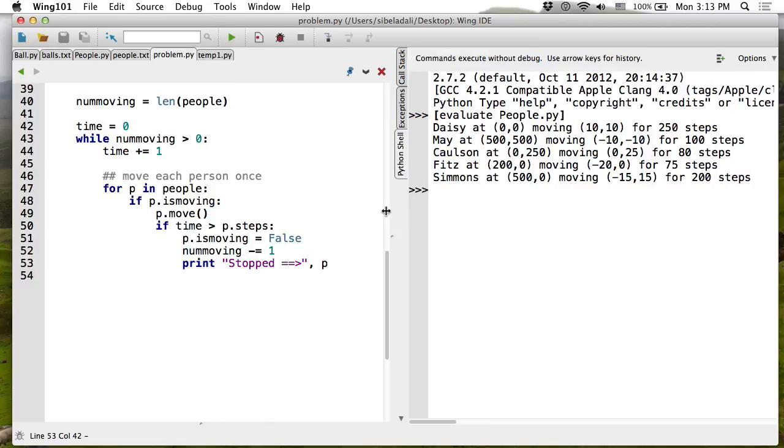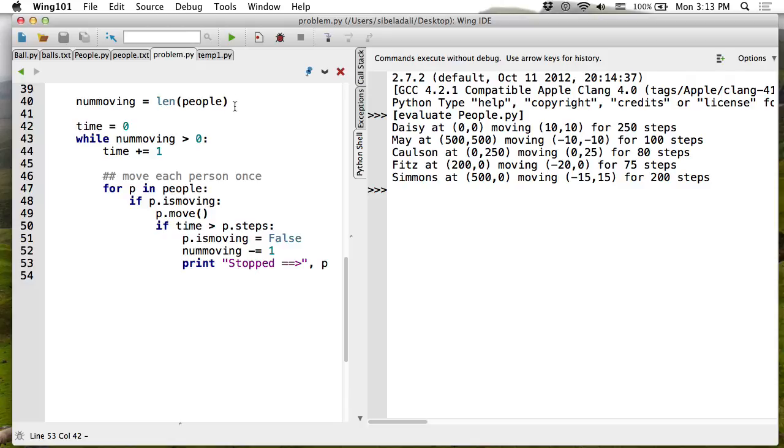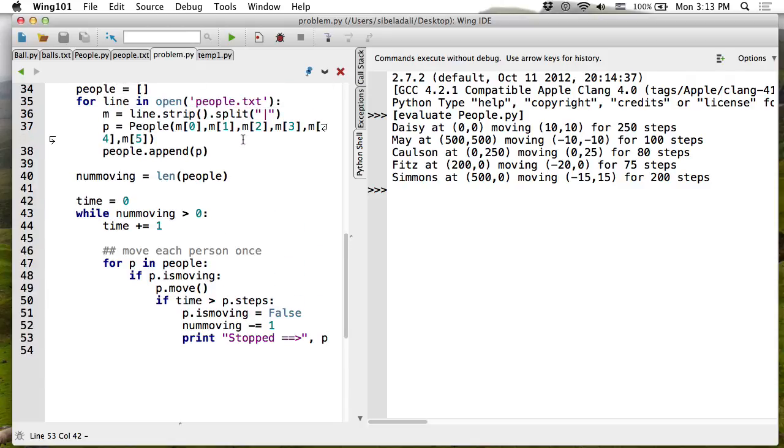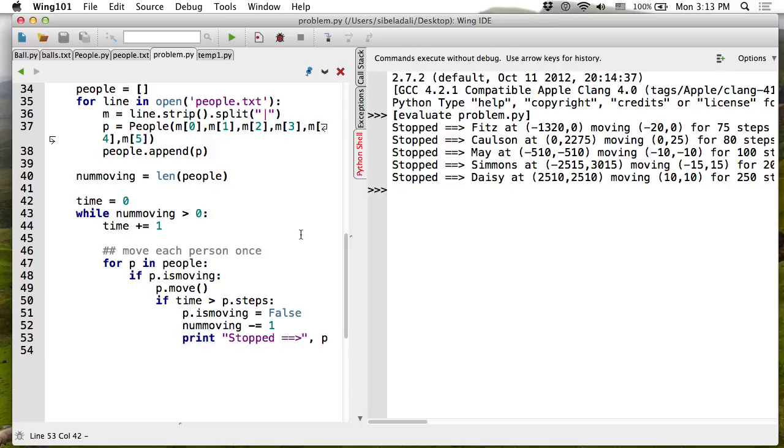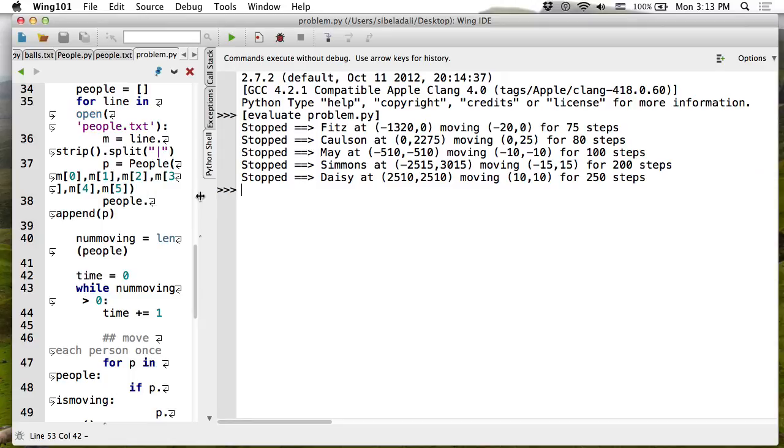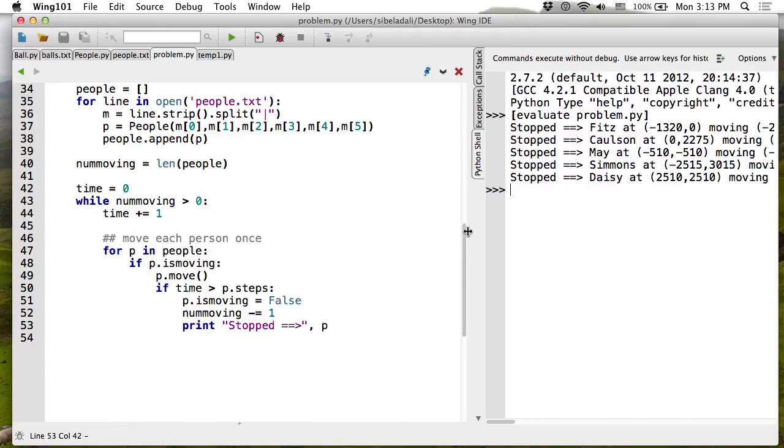So let's see what this does. Hopefully I don't have an infinite loop. All right, let's see what we see. So let's see what time step they stopped in, right? So let's see if we did this correctly. So stopped at time